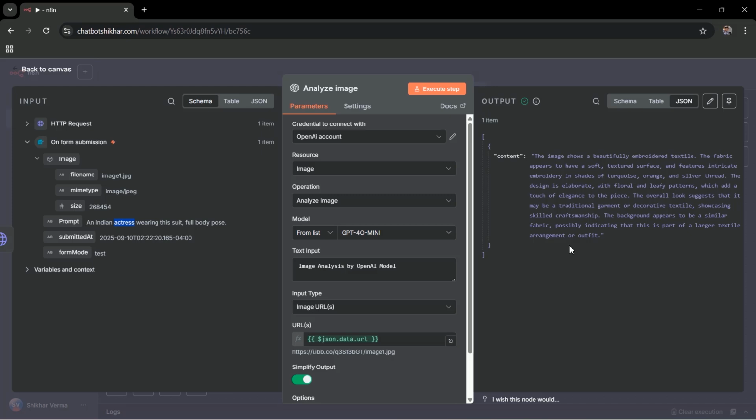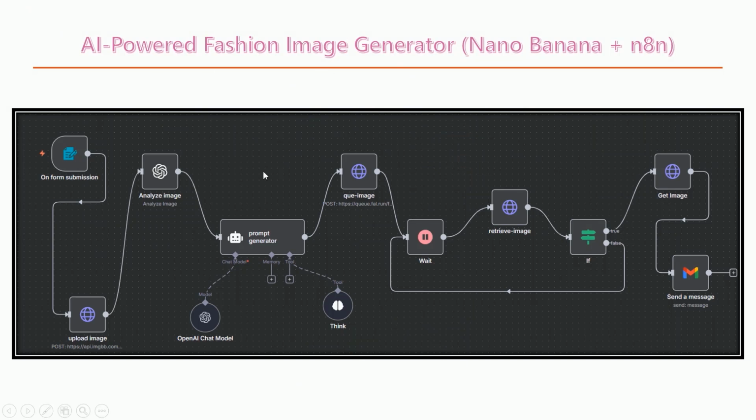Now what is next? So coming back here, we can see it has attached one more node, that is prompt generator. So basically it is an AI generator. And the use of this node is to combine two things: the user's request and the output of the image